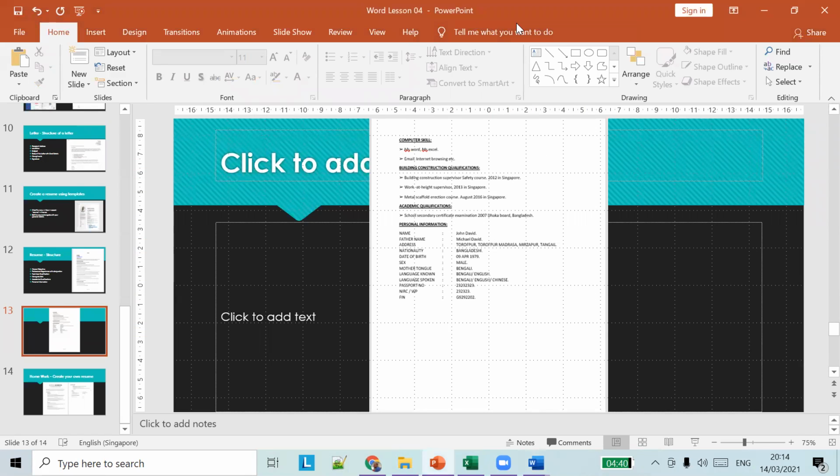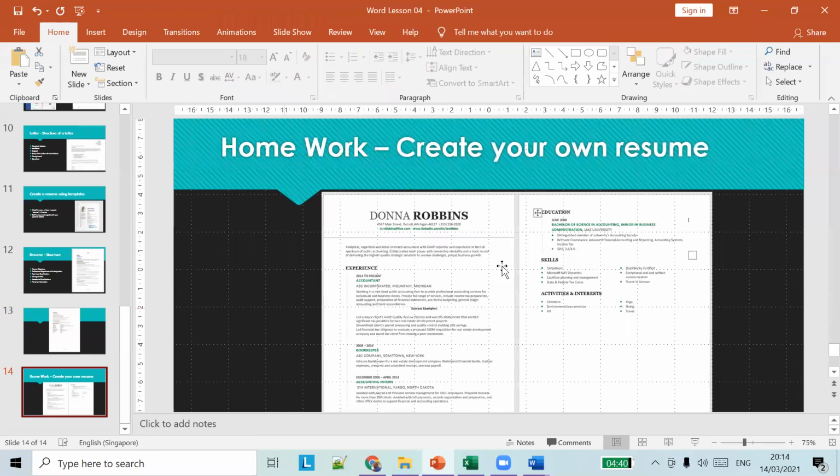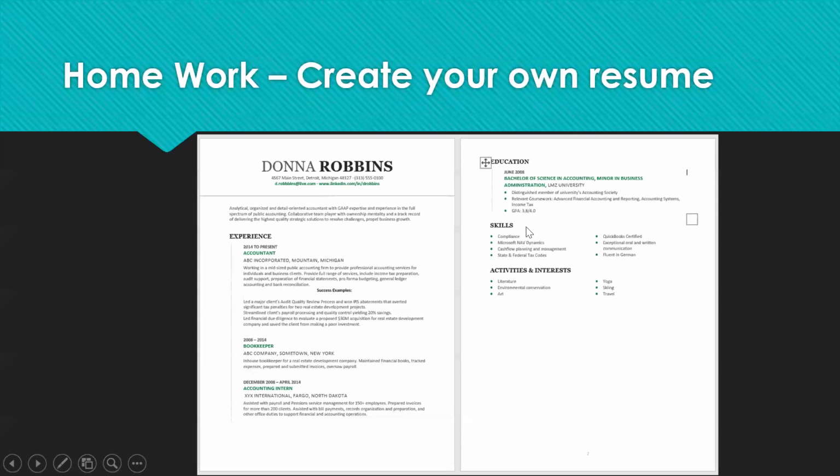Okay, so this is how you create a resume. Okay, so your task, your homework for the day, will be to create your own resume and share it with me. So this is very important for your career, right? So I expect every one of you to prepare a resume for me, and I can review it for you guys. Okay, so I urge you, I compel you guys, to do this week's homework at least. Okay, so yeah, thanks for attending the class.